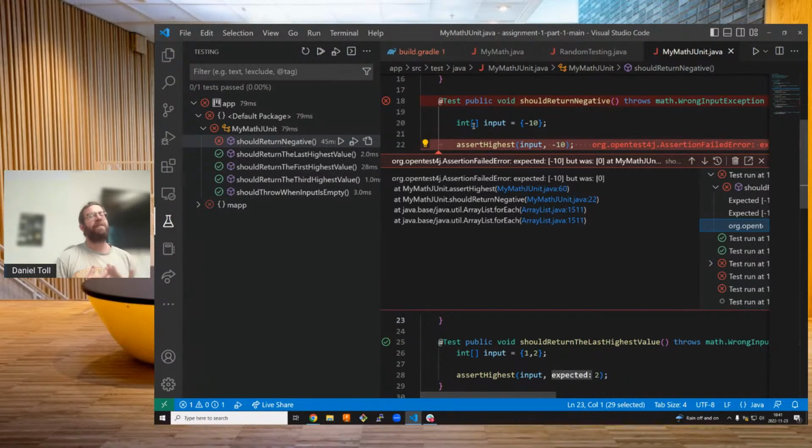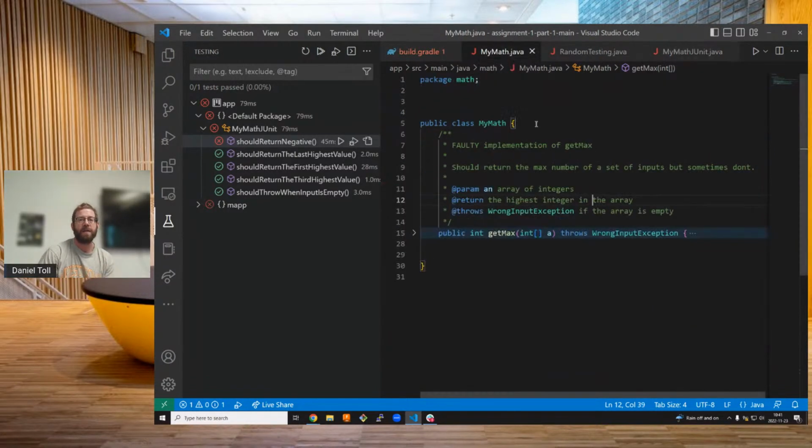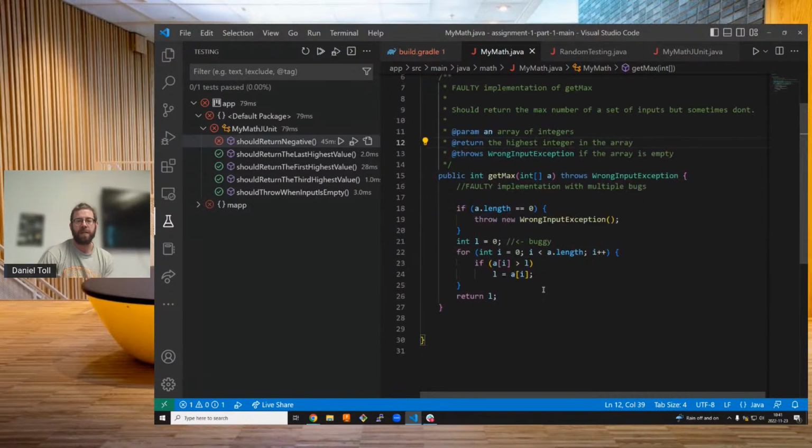Whenever I have a test case, I can start debugging my code, and I can run the code and look at it. So let's reveal the bug, and let's look at it just so that you can sleep tonight. So we can see that the bug was here. I went through all the items in it, but I started with 0, right? So let's see if this is still in my code. Yeah. So it should instead have the first item in this array as the starting point, right? So if the first item is